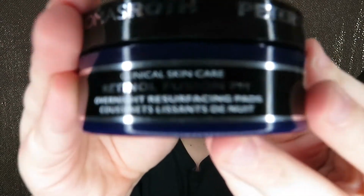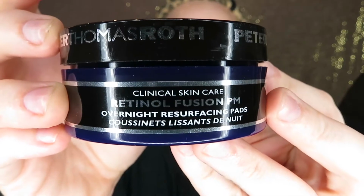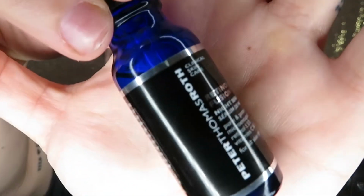So what we got is this kit that I bought from Sephora, it was $58, and it came with the Retinol Fusion PM Overnight Resurfacing Pads. So let's see here if you can get a good look at these, there we go. It came with the Retinol PM Night Serum. And it also came with what I'm super excited about, because I only have one eye cream, believe it or not, the Retinol PM eye cream. So here's